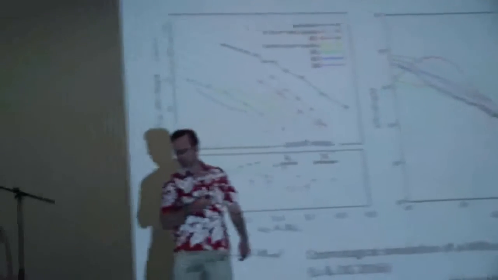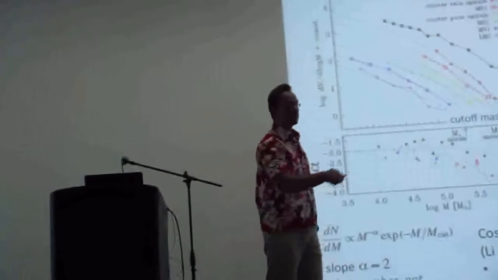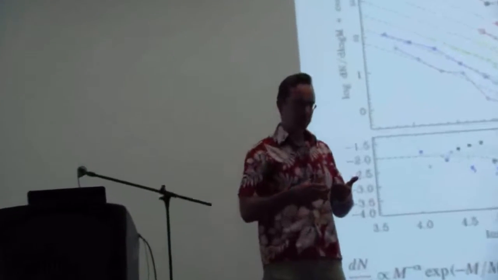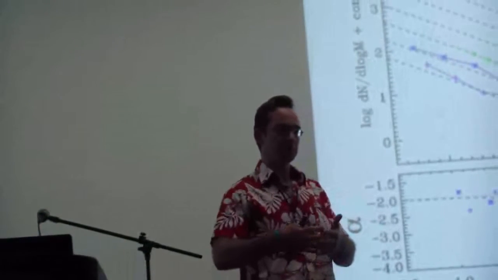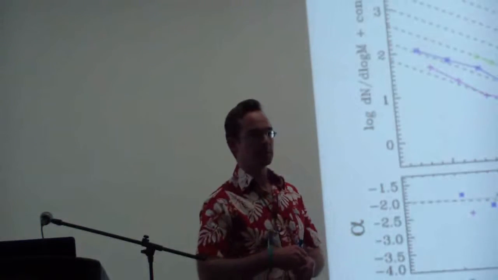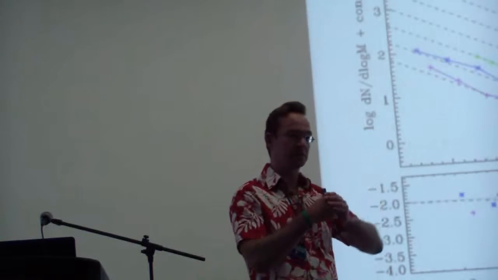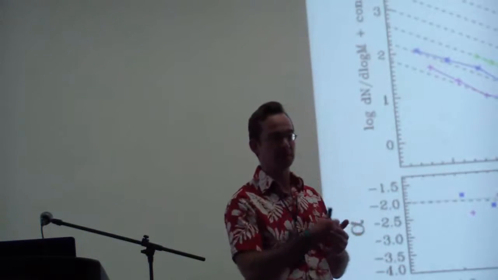But is this only a thermal feedback, or does it also include gravity? So this is a feedback that includes energy of supernovae going into turbulent energy, and it's not immediately decayed, so it's a part of the kinetic feedback. We also vary the efficiency of star formation that affects the number of massive stars, which is radiative feedback.